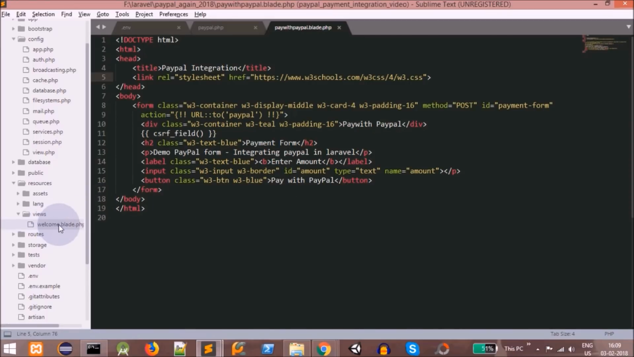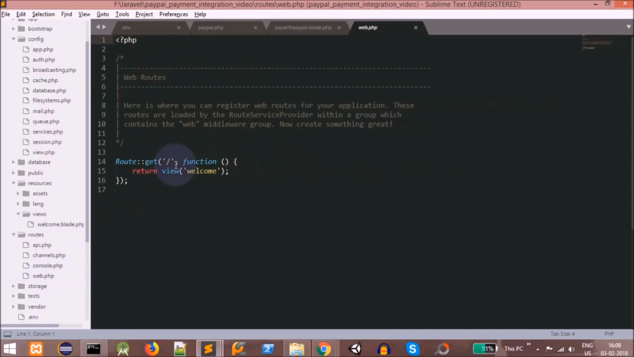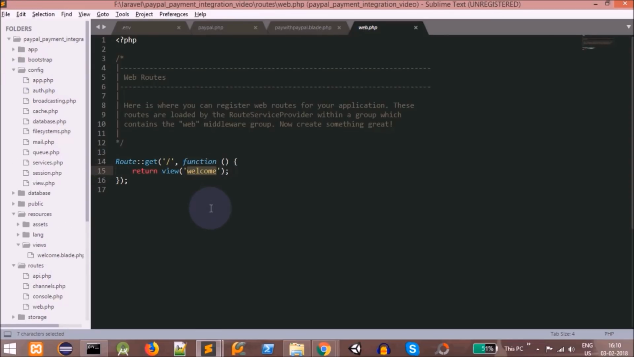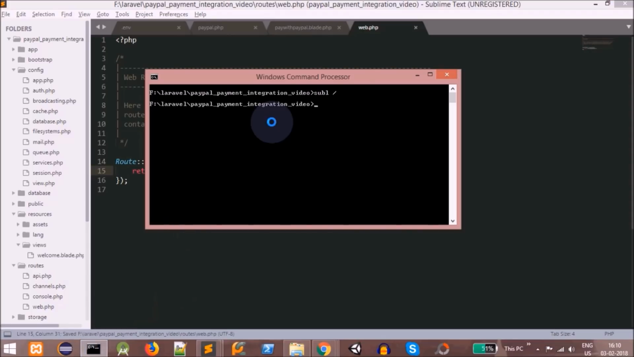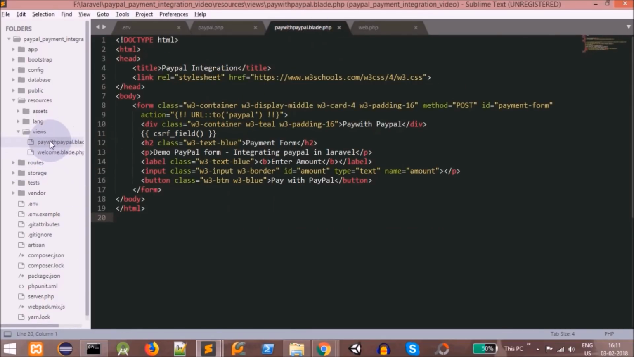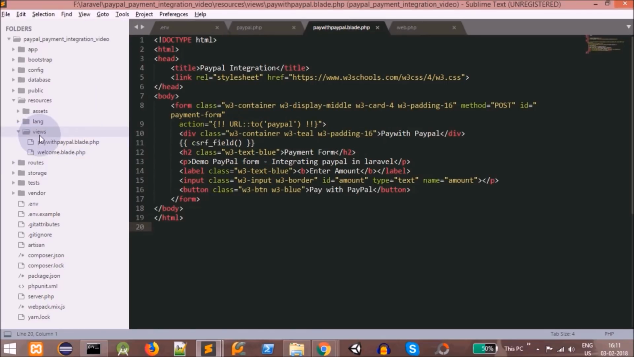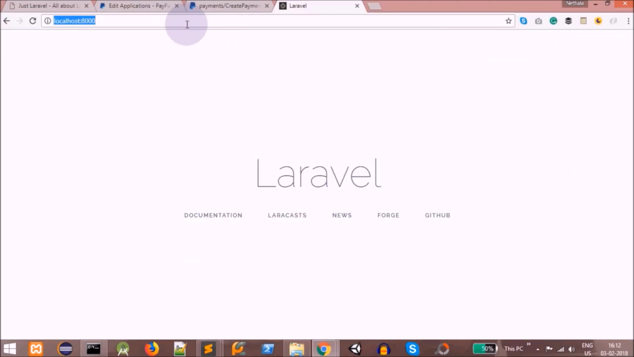For that we need to set up a route. In this routes web.php file, for now we'll keep this as pay with PayPal. Now if we run our application, actually we previously created the file somewhere else, so I just need to place this under the resources, views folder, pay with PayPal. This is the file. Now if we run this application and refresh this,